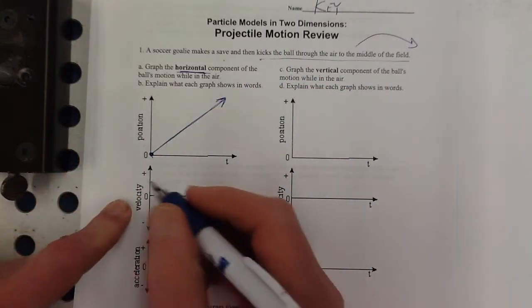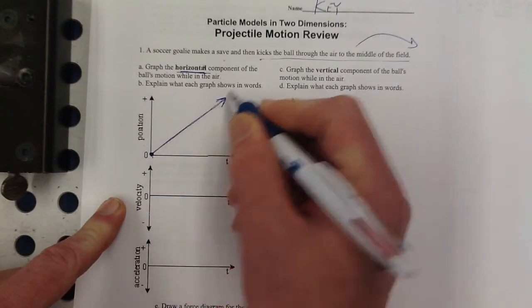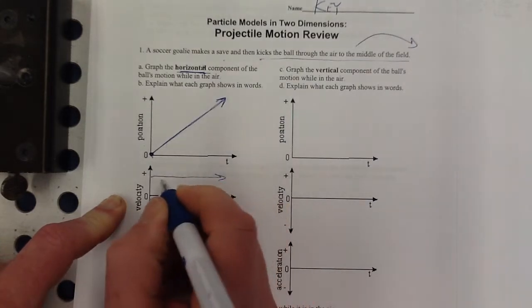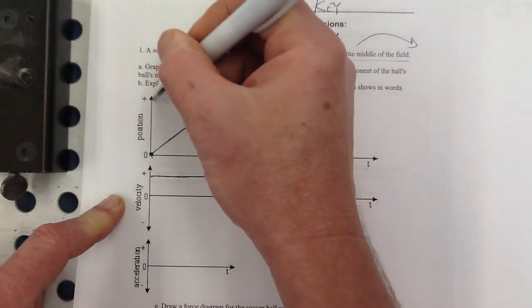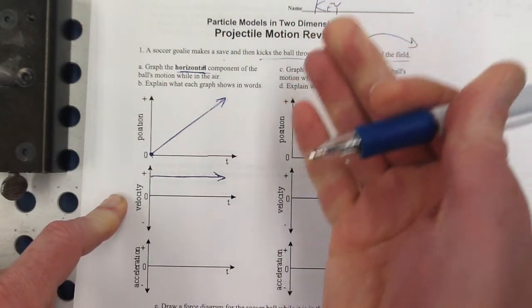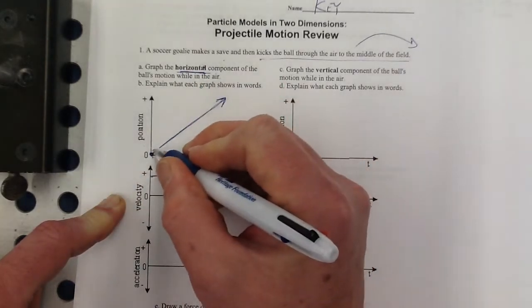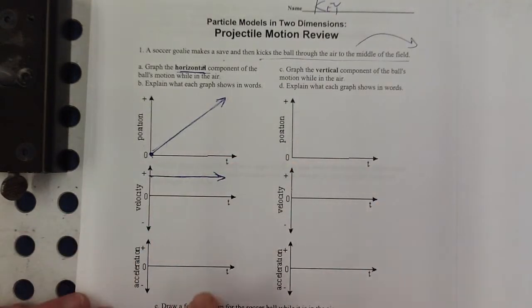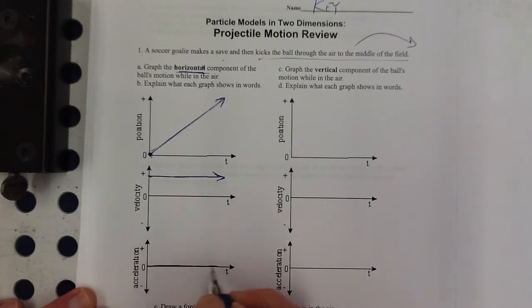Now here in the horizontal direction we have constant velocity. The slope of this is the same, it's just a straight line, so that is going to look like this, constant velocity. If for whatever reason you decided to make your ball go the other way, that's okay, but this would have to be down here, right? It has to match up. Whatever the slope of this is, that would be where this horizontal line is. And in the horizontal direction, we don't have any acceleration. There is 0 acceleration,